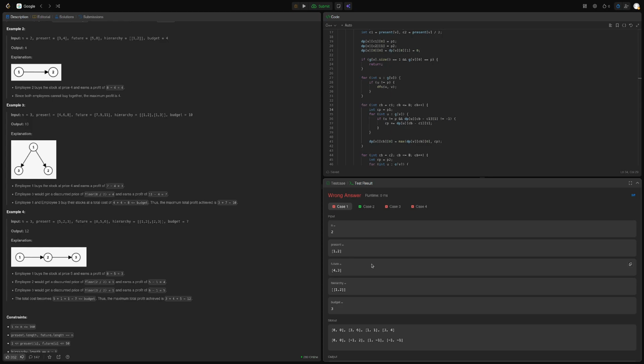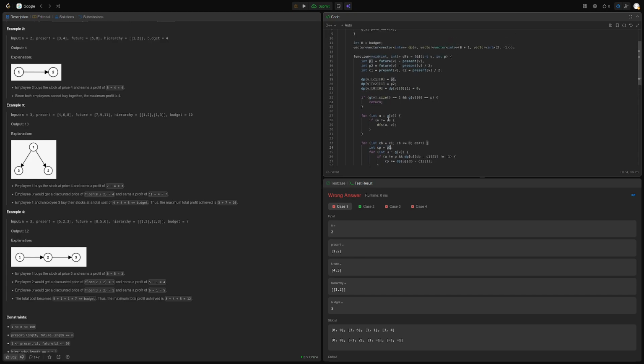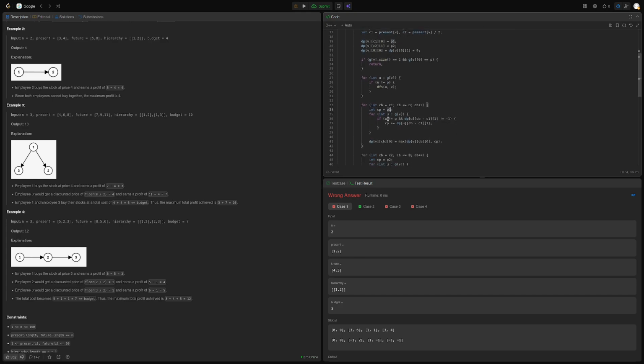Okay, so if we have a budget of 2 and we buy this thing for 1, this absolutely doesn't work, so this does if our parent didn't buy. So this goes over. The current profit is profit 1, which should be 3,